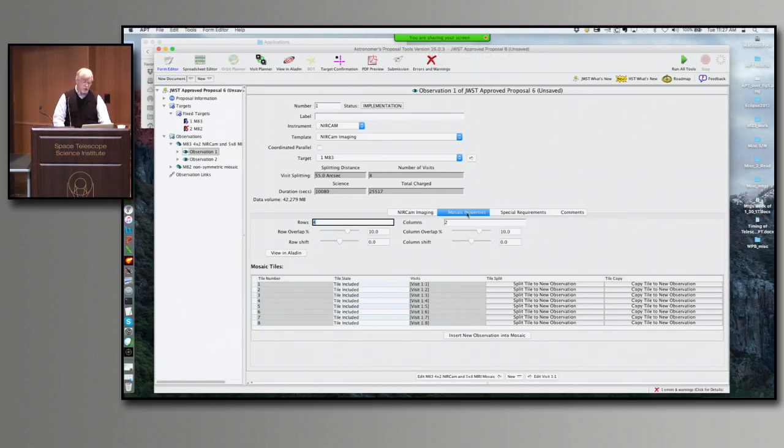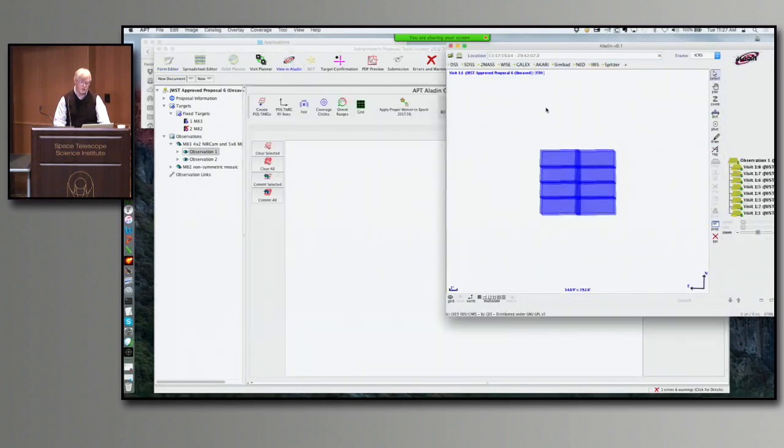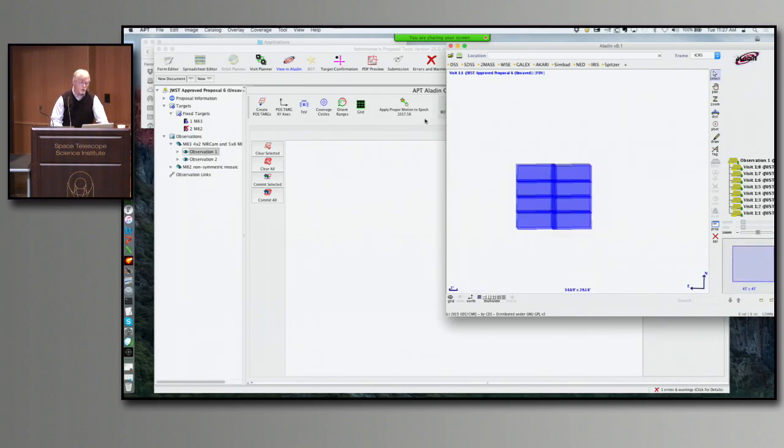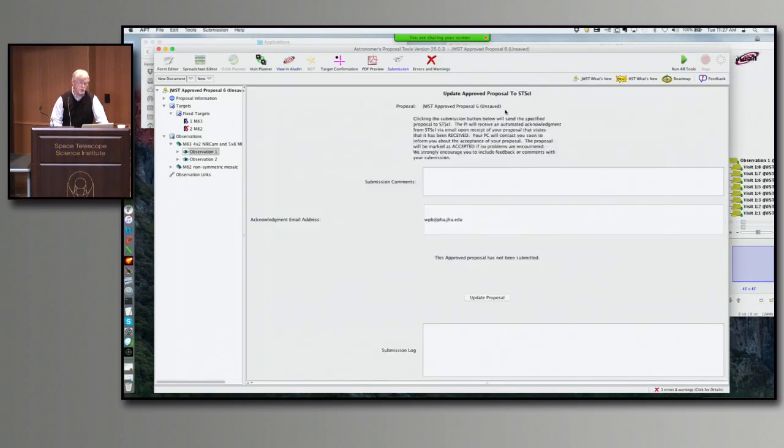Now I can visualize this right off the bat, or I could go and run the visit planner on my proposed observation and see if that works. It doesn't matter what order. Let's try going to the Aladdin viewer, which pulls up a separate window. Here you can see now I've selected for this first observation, here's my 8 tiles of the mosaic. And if I want to see what that looks like with the Palomar Sky Survey, the digital sky survey behind